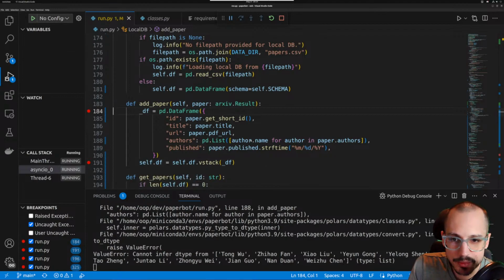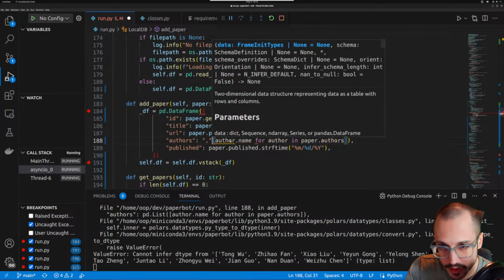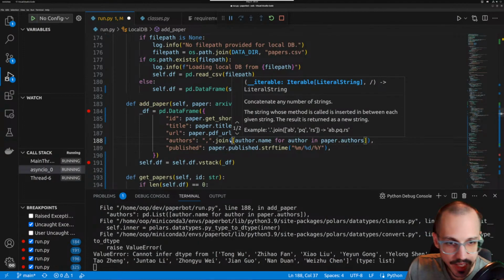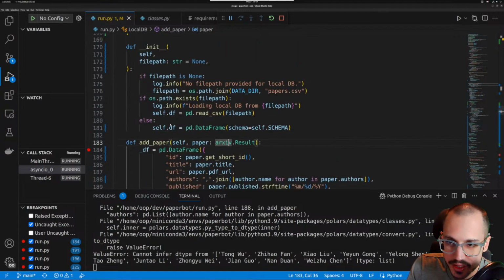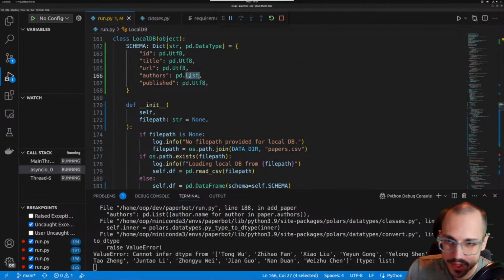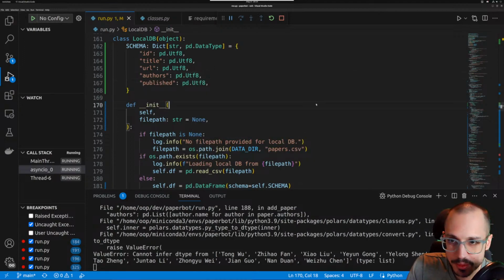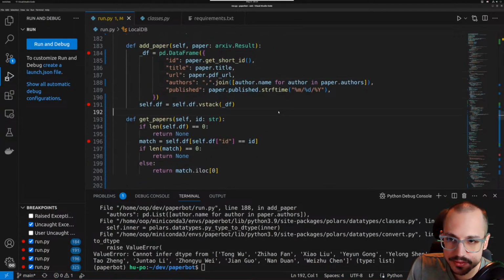Cannot infer D type. Yeah, okay. Forget that. We're gonna do what you suggested. We're gonna make this a comma dot join of author dot name for author in paper dot authors, and then here in the thing we're gonna get rid of this here. We're gonna make this another UTF-8. So the authors is just a comma separated list of strings. Okay. If we close out of that, rerun it,